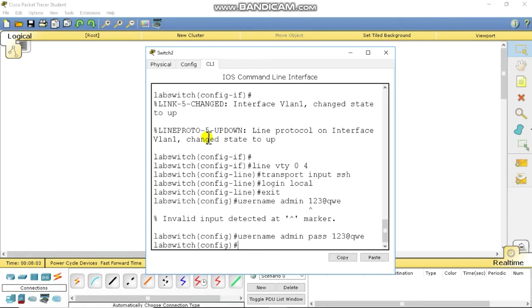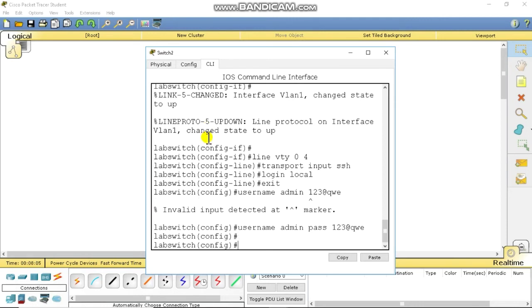and give a domain to your switch. Type here ip domain-name, I want to give this domain itworldinfo.com.